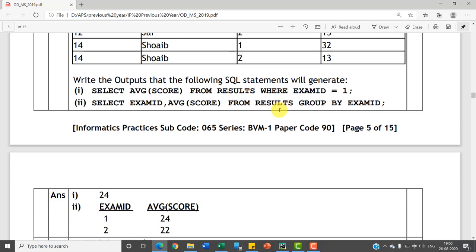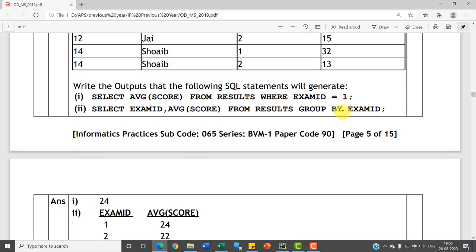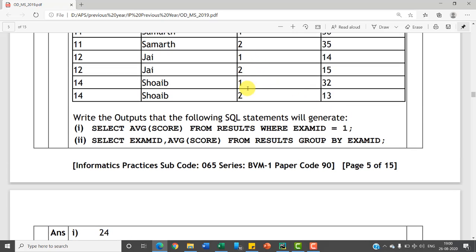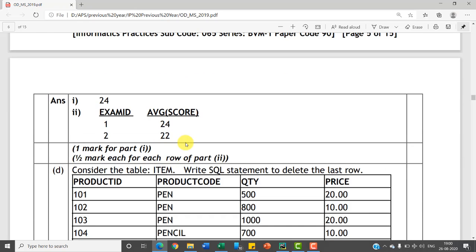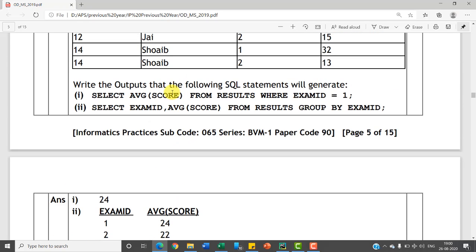Okay, hope you got how to use a group by, right? So you have to make groups of different values and then calculate according to the aggregate function which is specified. Okay, for example, instead of a max